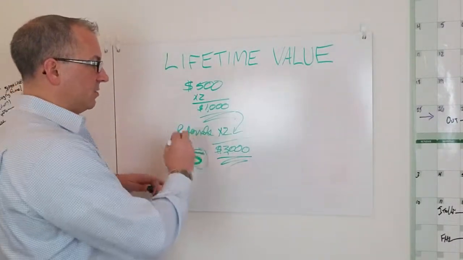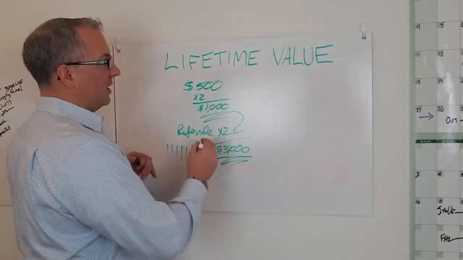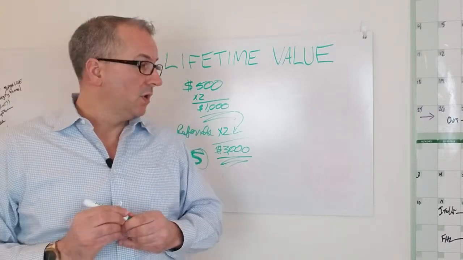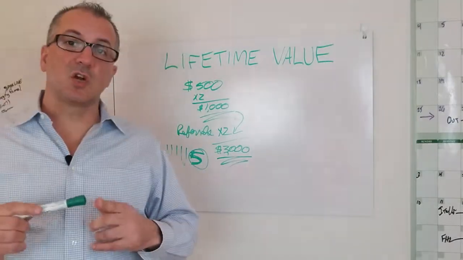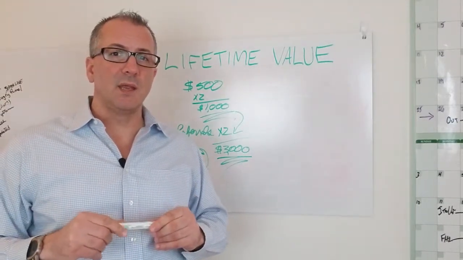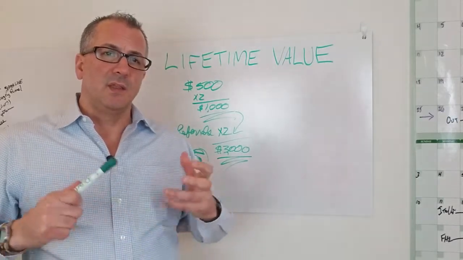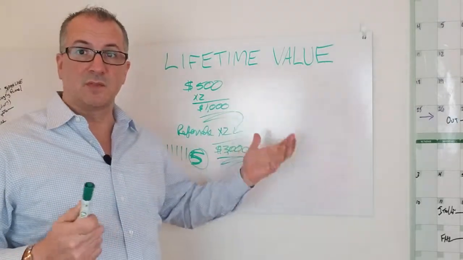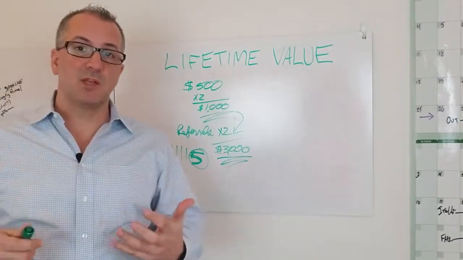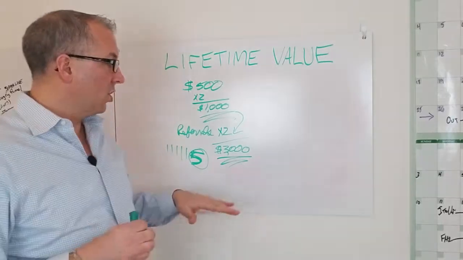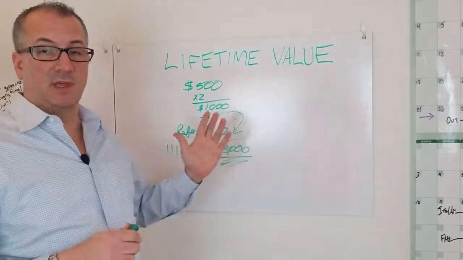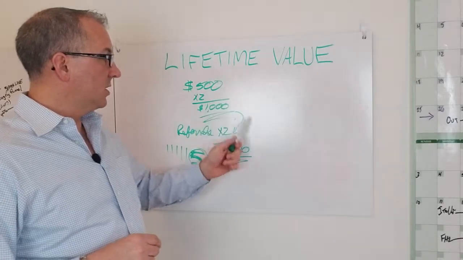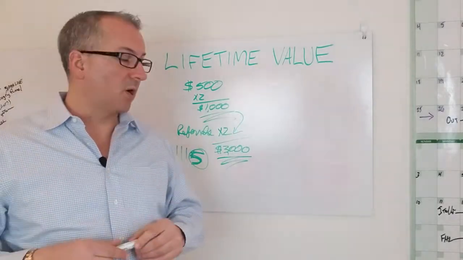So that referral system needs to be calculated in the lifetime value of a patient or a customer of yours. So something to think about, start to put some pen to paper. This is a very important thing because then you can understand, okay, if I truly have a 3,000, maybe it's 1,000, maybe it's 2,000, whatever, how much can I spend to acquire that customer? You don't want to blow the whole thing and say, yeah, I can spend $3,000, because some of this comes later on. So cash flow does have a part in this.